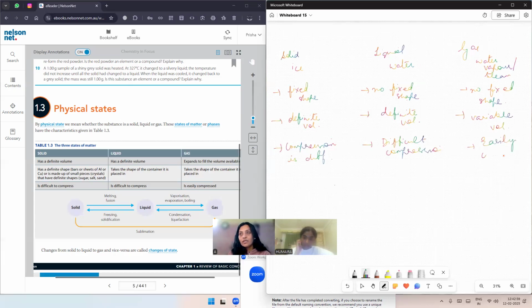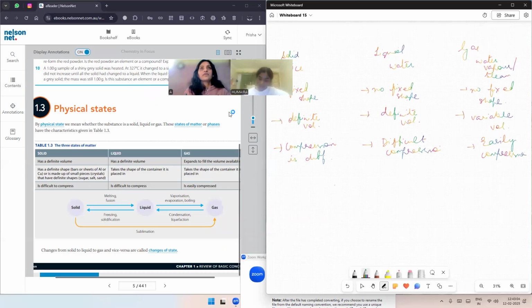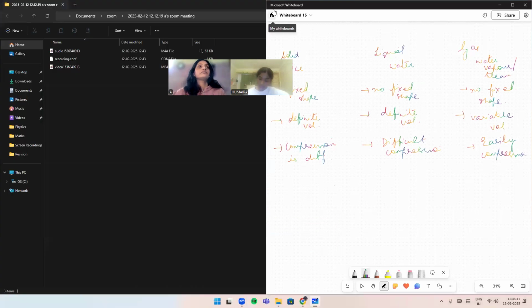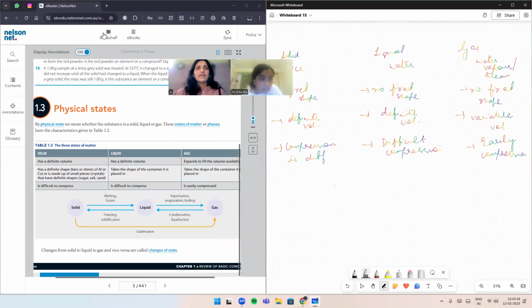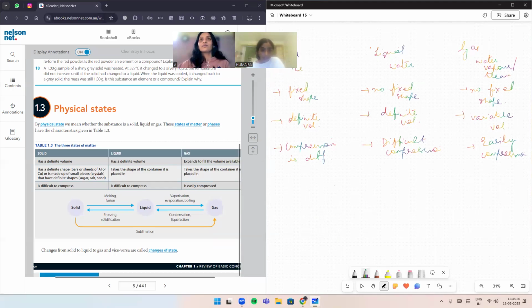I'll give you a model kind of thing. I'm drawing it so that we can have a clear picture of what is actually happening. Just a second. Okay, I hope my screen is there. Yeah, it's there, I can see it. Something else opened, so I was like, I'm not that techie.